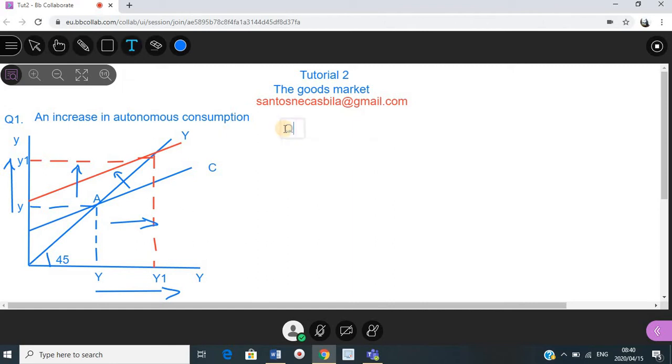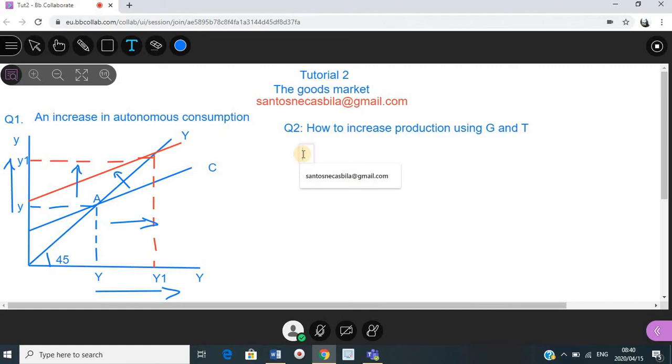Question 2, how to increase production using G and T. Okay, something interesting is that we know that in the goods market, or in the, let's say, income level identity, equilibrium income identity, we have